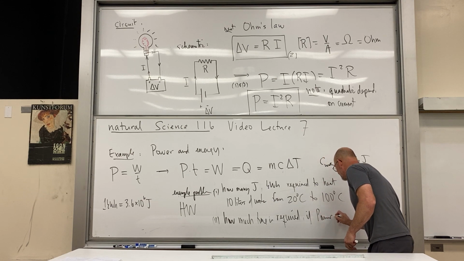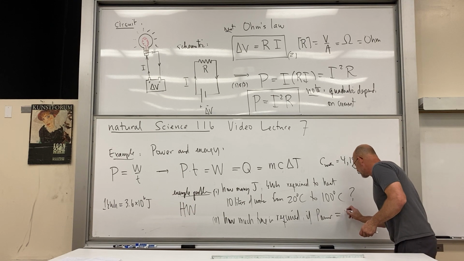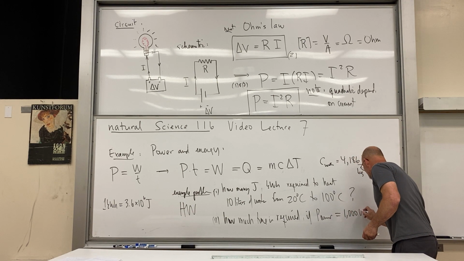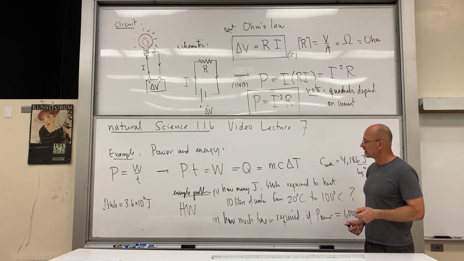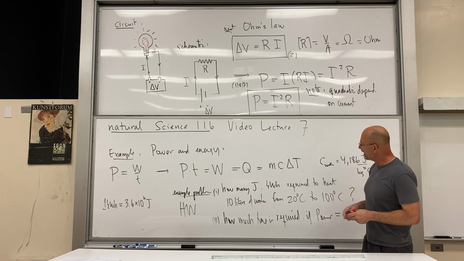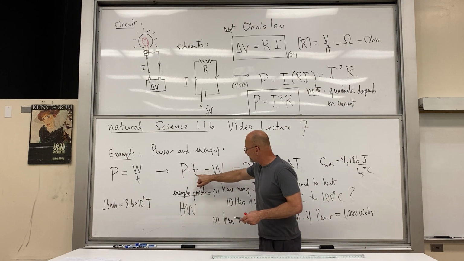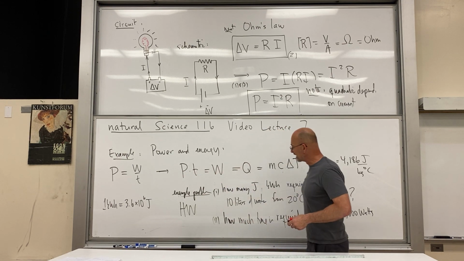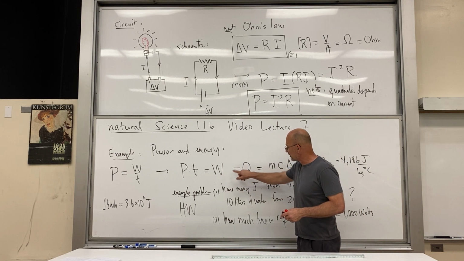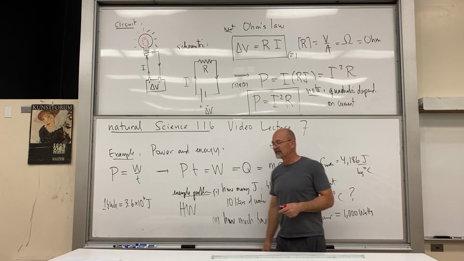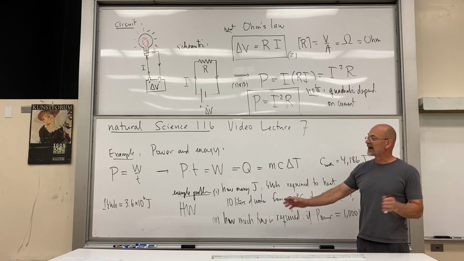power equals, what's a good power for something like this? 1,000 watts actually. Okay, so you've got a 1,000 watt burner, say, on your stove. Then we have this number, let's just say the Q, we have the power, now we just have to solve for that time. And the time will be in seconds, okay? If you're talking about the joules, then the time will be in seconds. So that's a practical type of problem, and it's really the same thing we've done before in hydropower,